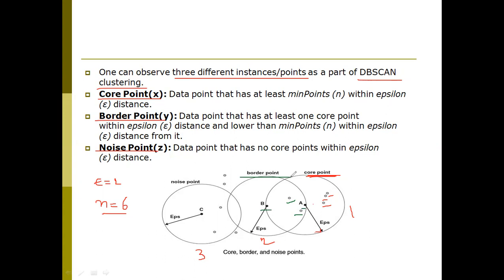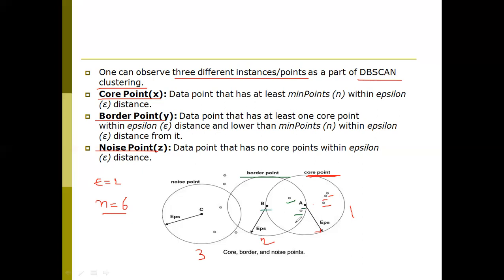If a cluster is a border cluster, it needs to follow 2 steps. The first step is that it has fewer data points than n. That is the first condition. Already we have reached that first condition: it has only 4 data points, right? And what is the second condition? The second condition is that the border point must be a neighbor of a core point.